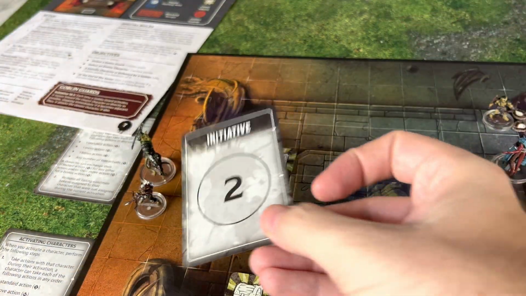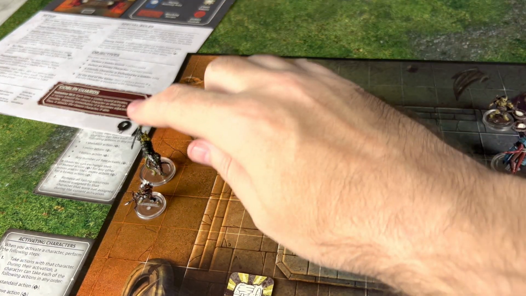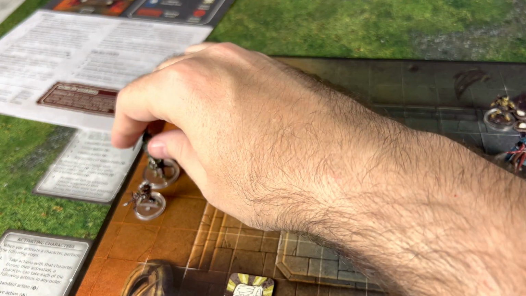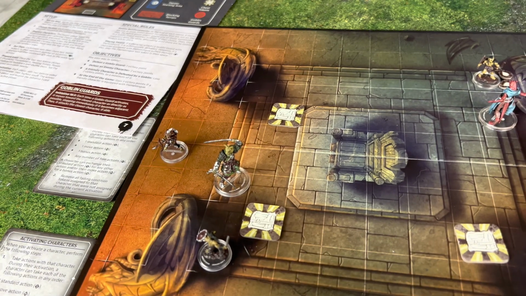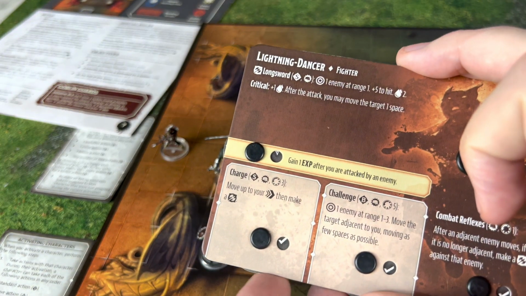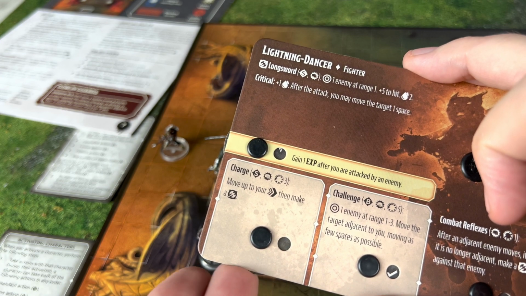All right, so at initiative 2, Lightning Dancer is going to go. Lightning Dancer has no melee attack, so Lightning Dancer is going to do a move attack. 1, 2, 3, 4. He can't quite reach. Let me slide this out. Can't quite reach the goblin over here. So he's going to use his charge. Boom. And we'll set that to 3. Doesn't have to go to 5 because